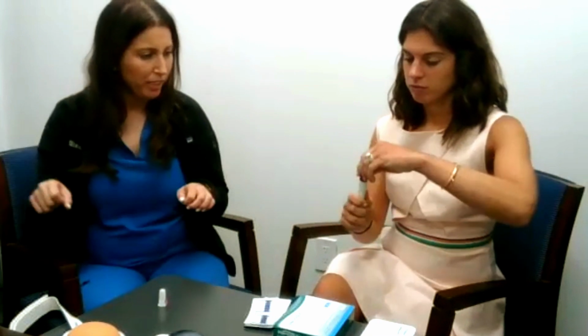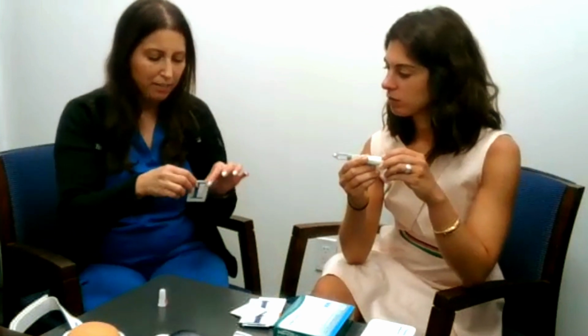Okay. This is a 900 unit pen, and the dose we're going to be demonstrating today is 300 units. So it comes here with your cap on it. So you're just going to go ahead and take the cap off. You just pull it. Okay. Now, because this is a multi-dose pen, just to be safe, you want to go ahead